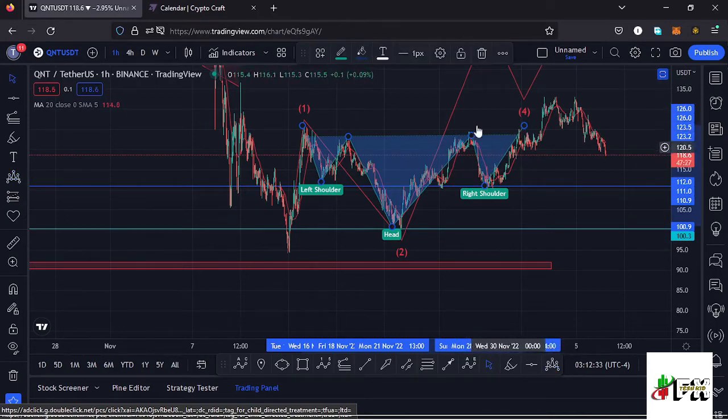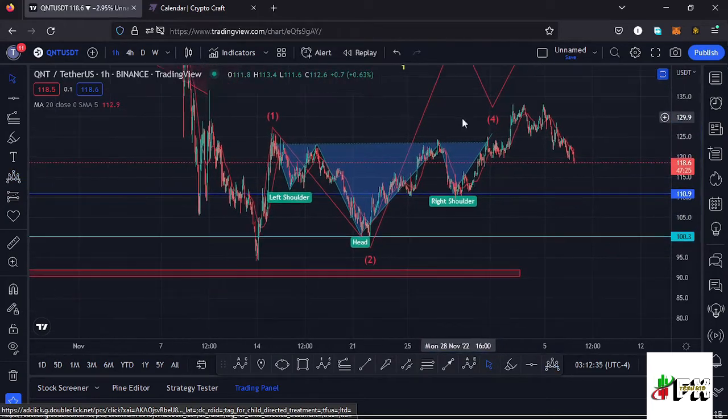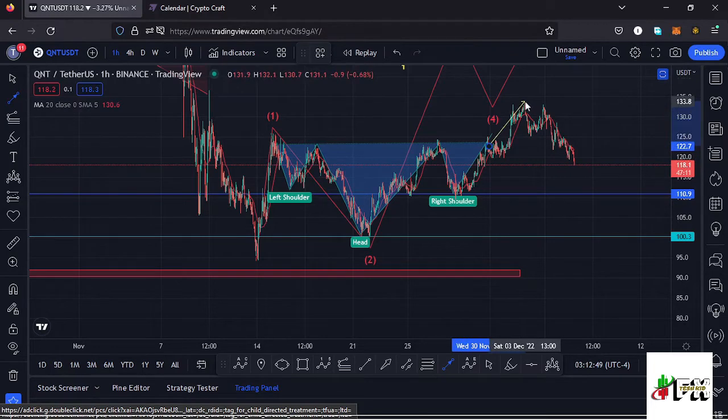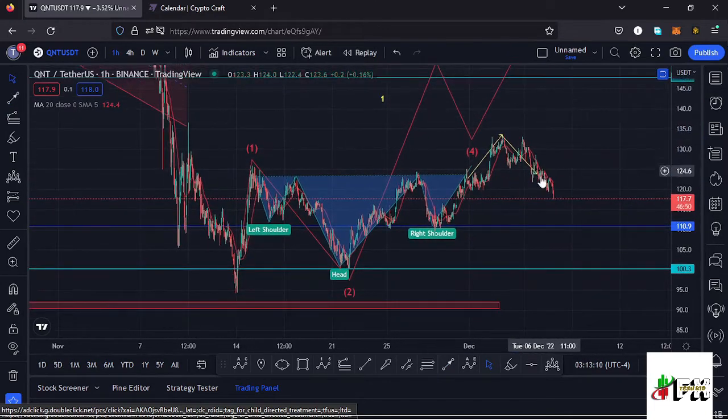And after seeing the breakout, once we finished off the formation of the right shoulder, I believe whatever we have been seeing over here in this movement right here is a retest of the neckline, because you can see we saw a bit of a breakout, then saw a bit of a pullback back to the area of the neckline. Then I'm expecting another bounce to the upper side so that it can give us a breakout to the upper